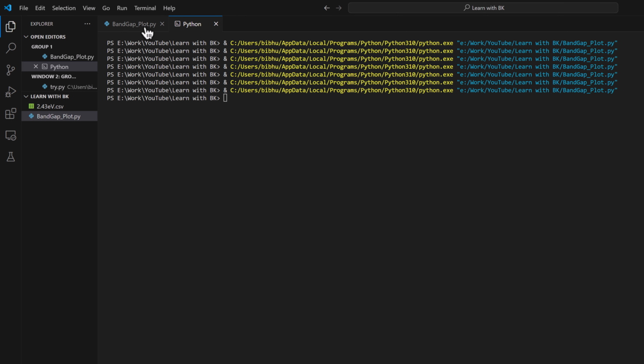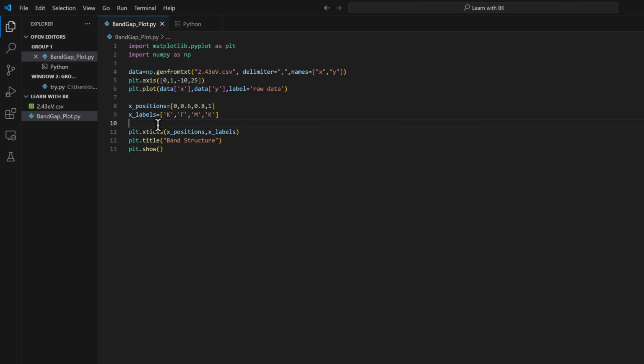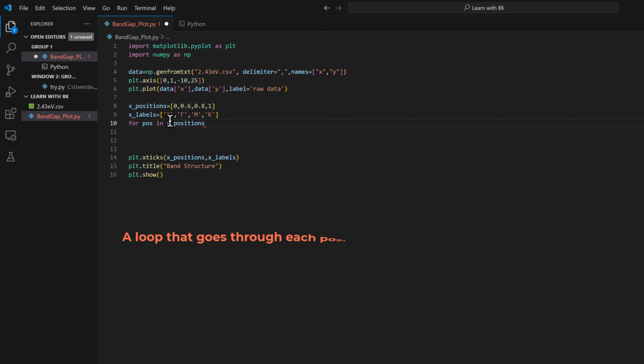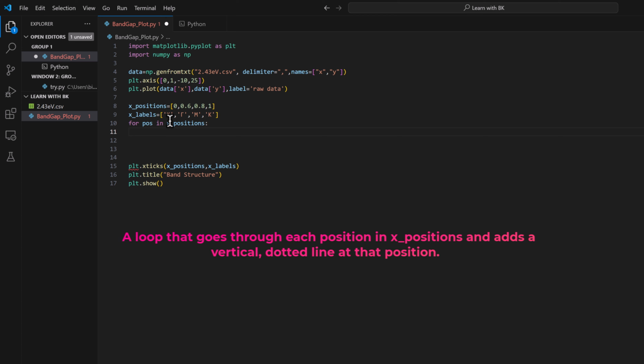I'll just close this, go back to the code, and write a loop that will scan through all the points and create a vertical line. To do that, we'll write for pos in x_positions. pos is just a variable. You can write whatever you want. You can write plt.axvline,